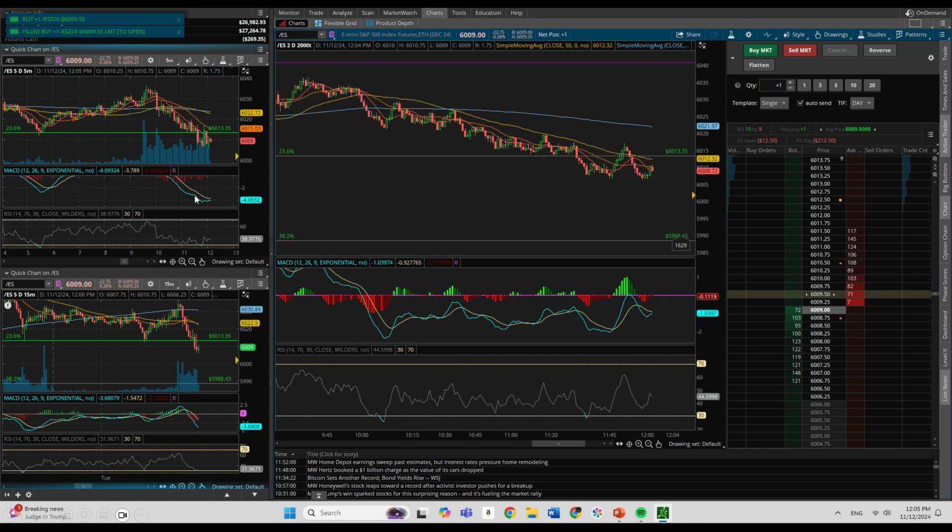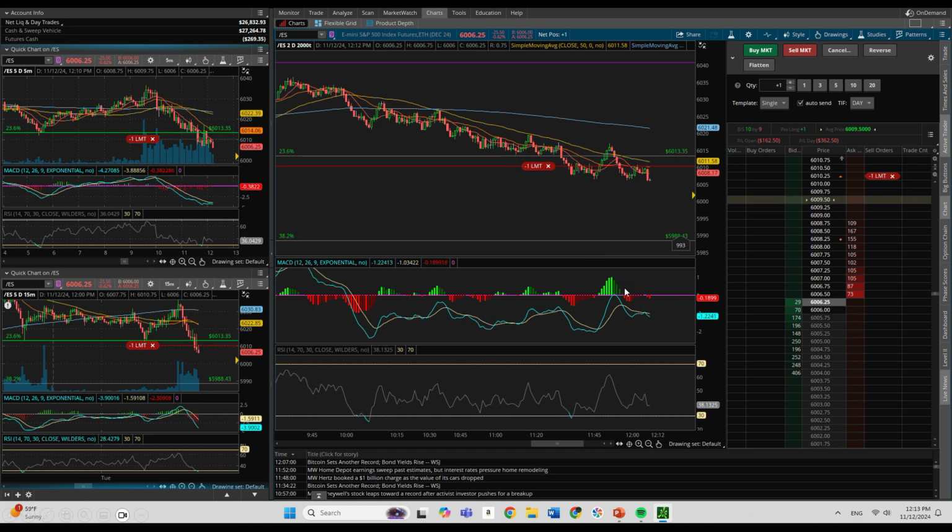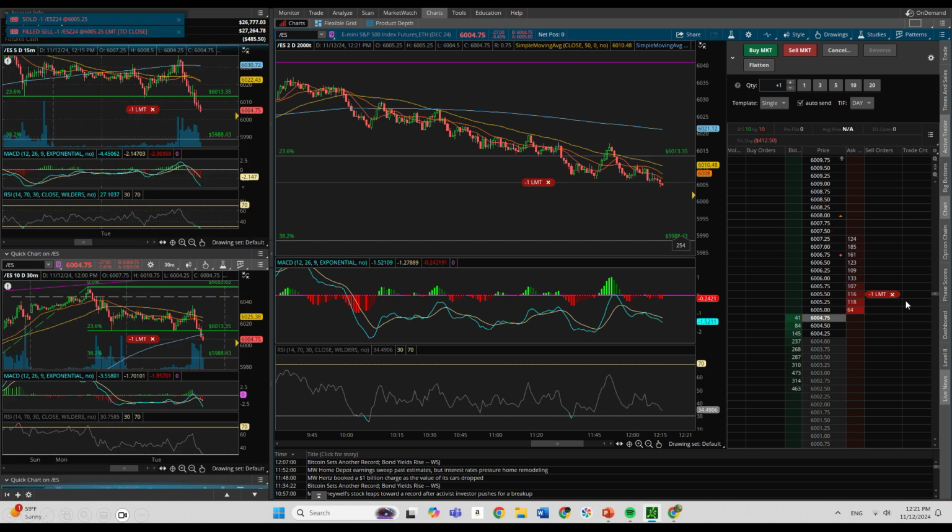Okay, well, the MACD may be here on the 5-minute chart, but that's really short term. The MACD is showing that it might be bottoming out and going up. I don't know, but there's not a ton of evidence that it is going up at this point. And then it started to drop a little bit more. I lowered my limit order to get out. It's just a break-even proposition there, and I decided, nope, that's just not going to work. And I got out